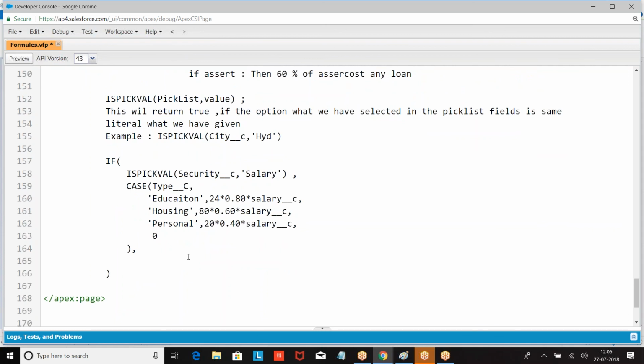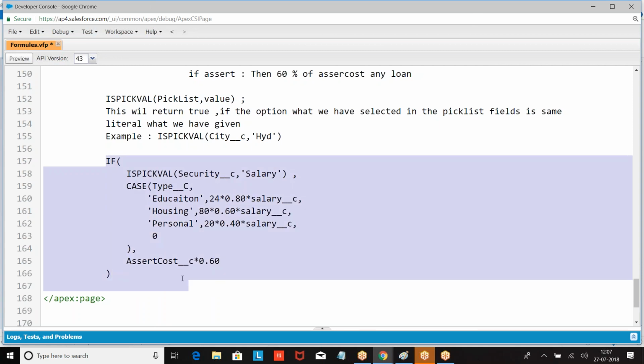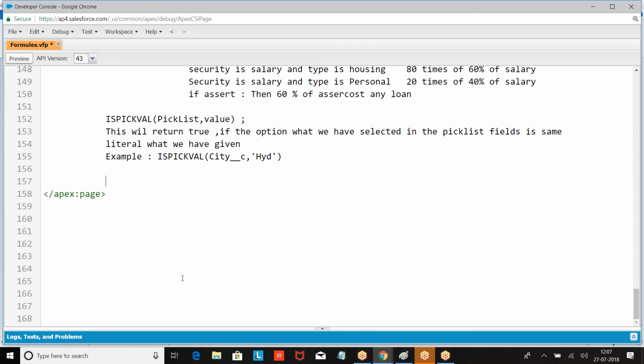Else, what is else? Else statement 2. Else means it can be an asset. You have to go for salary or asset. Asset cost, right? Are you clear? People have got it? Create it. Yeah, now write it. Write by your own. Everyone followed. Make an attempt at writing the same formula.